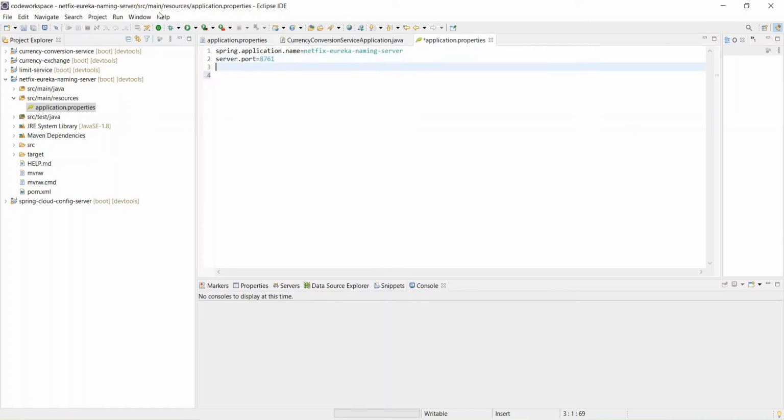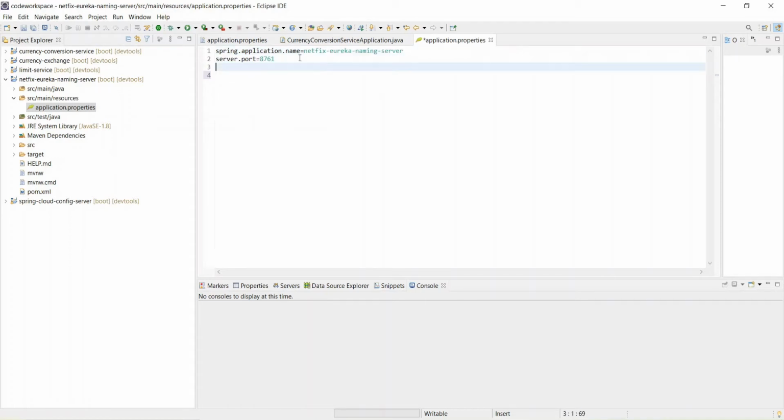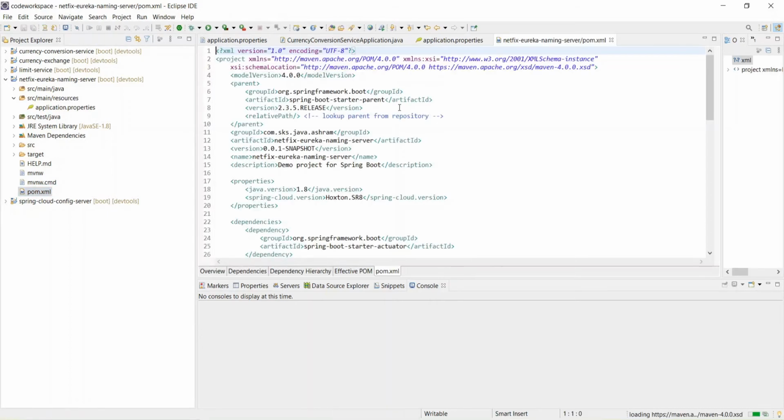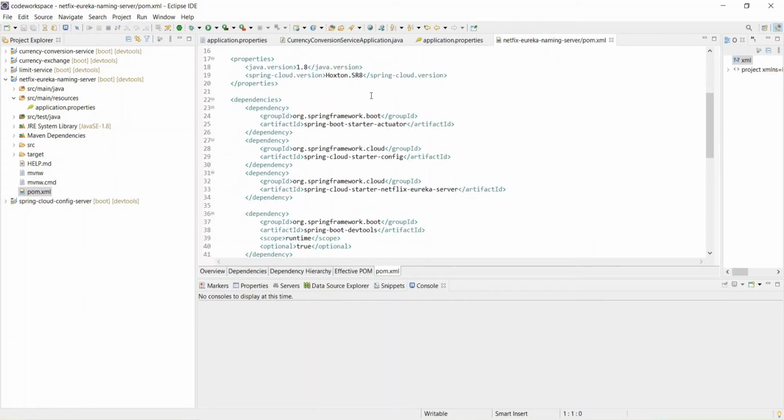And this is the service in Netflix Eureka naming server that we have given. Spring.application.name is the application name, Netflix Eureka naming server. So this is the name we have given, and it will run on 8761. Now go to the pom.xml. Here we have already configured all these things. At the time of starting, when looking for the dependencies, we had selected all these things, so we don't need to make any changes in the pom.xml.